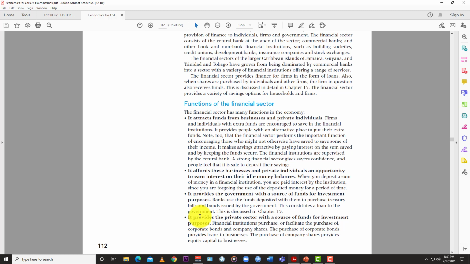You have your stock exchanges, like your New York Stock Exchange, you have your Nikkei, you have the FTSE, you have all these different exchanges that are used to facilitate the buying and selling of bonds and shares and those kind of things. And of course, now you have different kinds of markets. When you have the Bitcoin thing going on now, the cryptocurrency, where you have those kind of new ways of getting financing for various endeavors. So those are some functions of the financial sector.